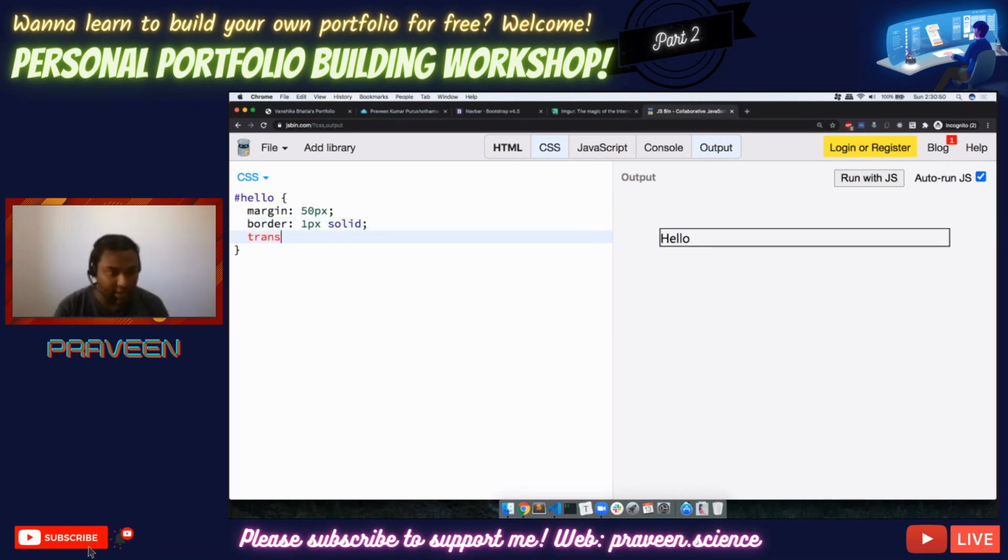Now, if I give a transform, translate 10px, can you see what exactly happened? It is moving on the x-axis.